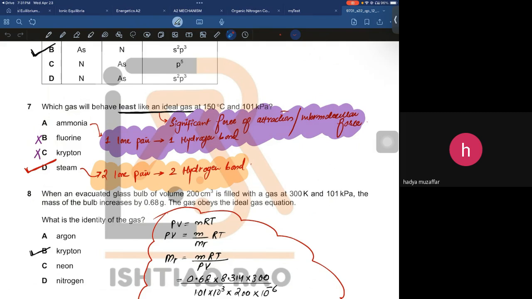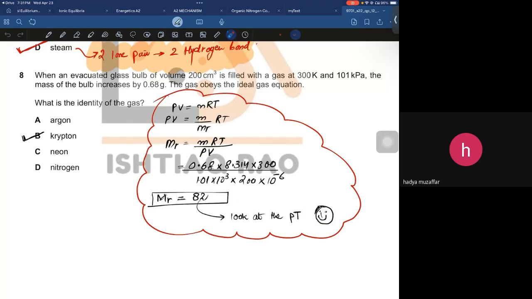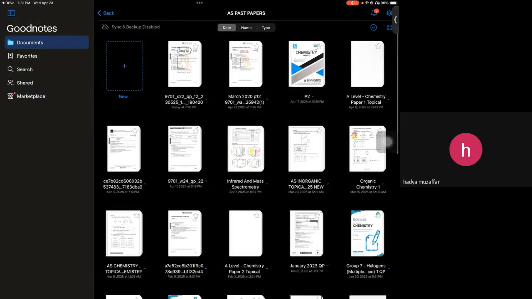So indirectly, they are asking to identify the real gas. You need to understand the essence of a sentence, then you can answer the question. Then question 8 says: when an evacuated glass